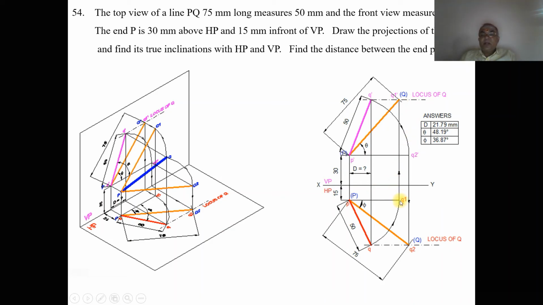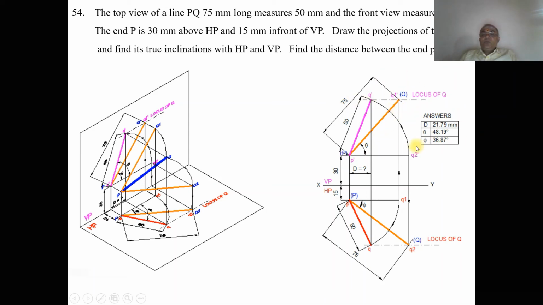So from Q1, you draw a vertical projector to the front view, and then with P dash as center, taking the radius of 75, by using the compass, you cut an arc on this. You mark this point as Q1 dash, and then join and draw a dash dot line. Join P dash Q1 dash with a little bit thicker than the XY line. Since it is parallel to VP, you mark this as capital P and capital Q, and this as Q1 dash. Then join P dash Q dash Q1 dash with a little bit thicker than the XY line.